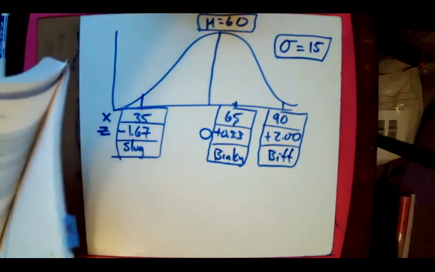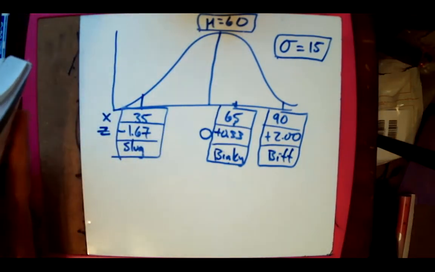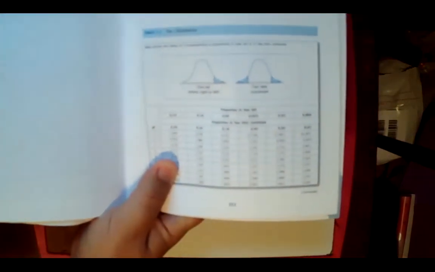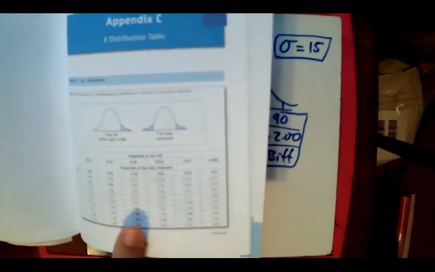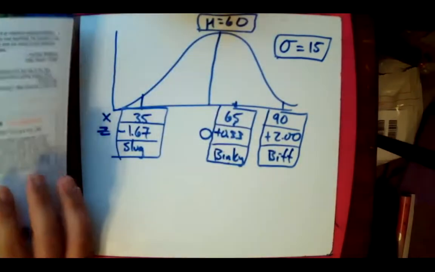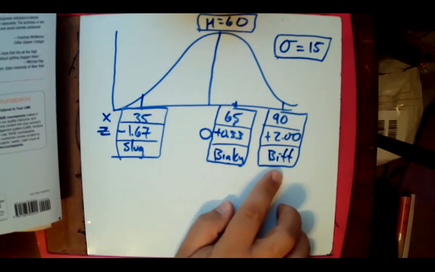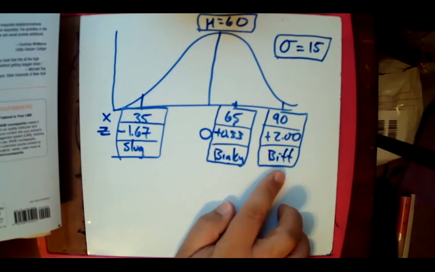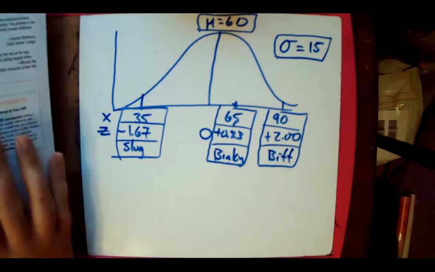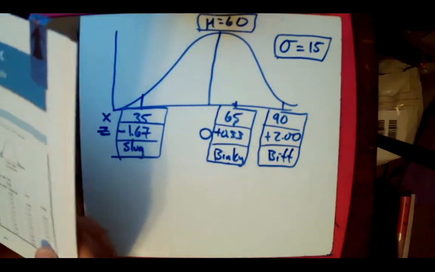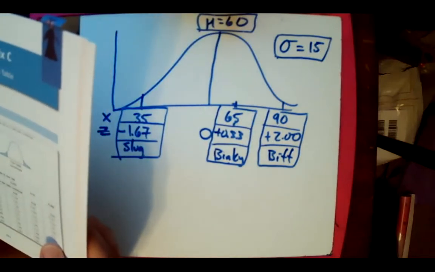So I'm going to open up to page 351 in my book. It looks like this, Appendix C. It'll be a little hard to read on my document camera here, so definitely get your book out and follow along. I think it'll make more sense. And let's just take one of these scores. Let's look at Biff's score. Biff has a score of 2 standard deviations above the mean, right? Okay, so if I have a question like, how many scores are